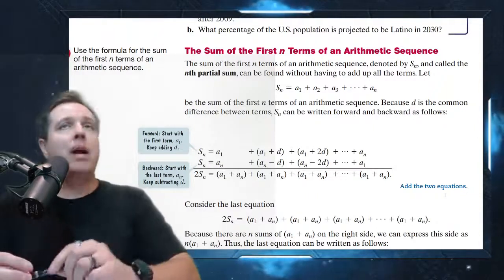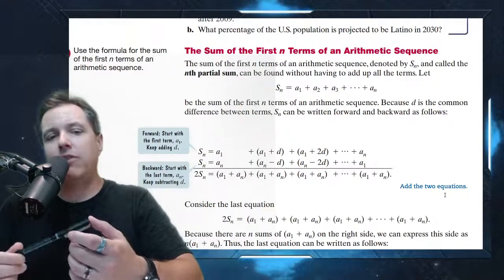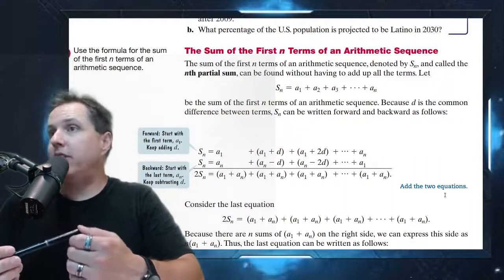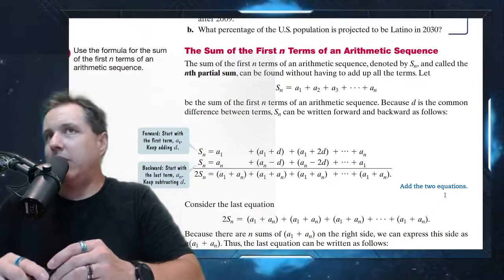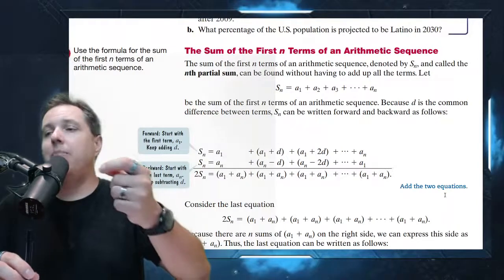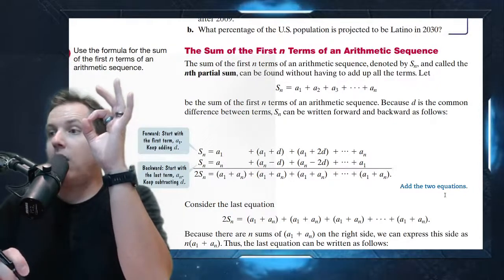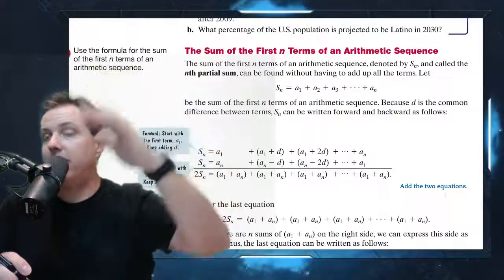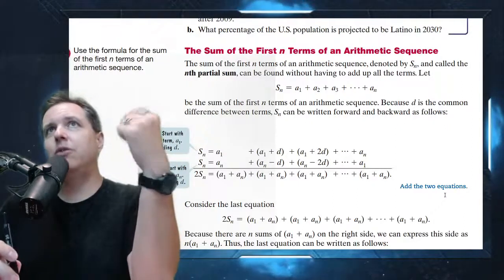Okay, sometimes we might want to sum the first n terms of an arithmetic sequence. I hinted before that we're going to talk about a series, where you add up an infinite number of things. Well, with an arithmetic sequence, you can't add up an infinite number of things because it's going to go to infinity. If you're adding up the same number every single time, even if it's really tiny, 0.00001, if you add enough of those, you get to 1 and 2 and 3 and 4 and 5, and it goes towards infinity.